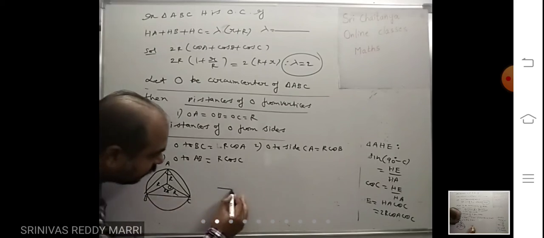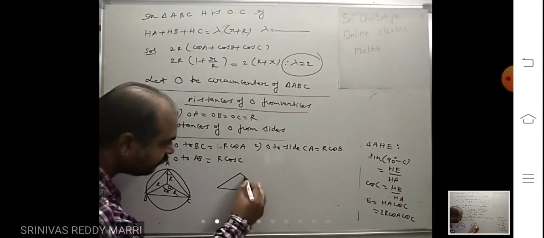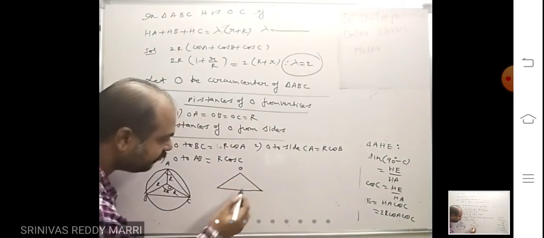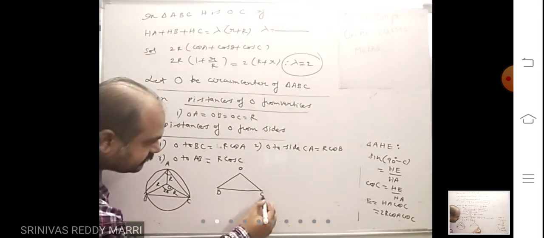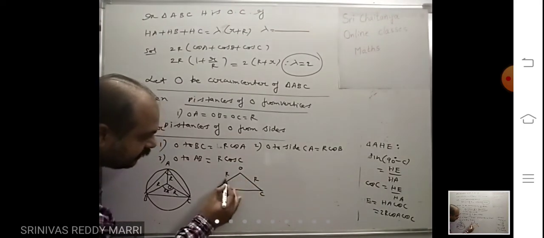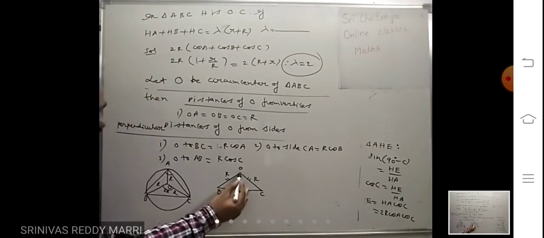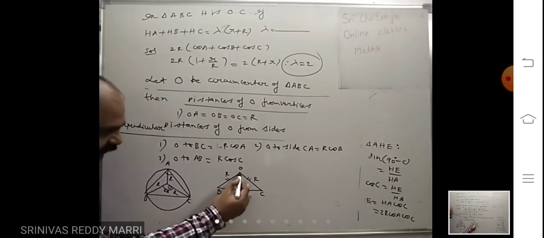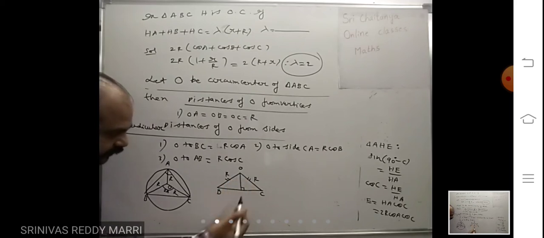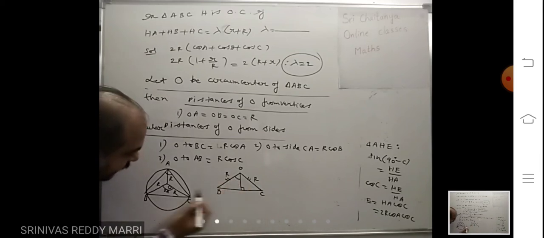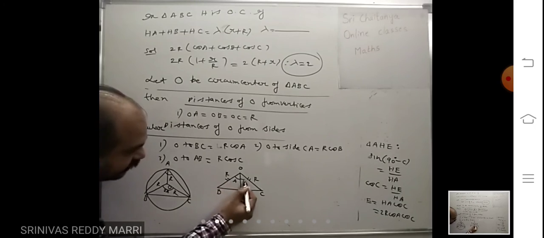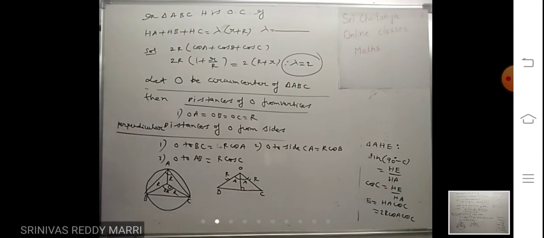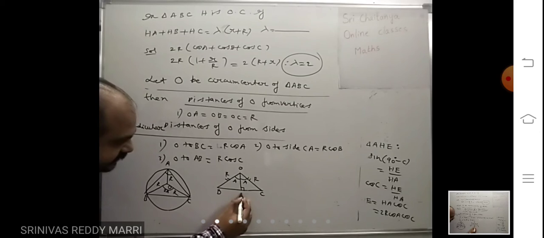Now this diagram I am drawing here. This is O, this is B, this is C. This is R and this is R, so this is an isosceles triangle. This is the center of the circle. From the center, if you drop a perpendicular on any chord, it will bisect it. Because this is an isosceles triangle, it will bisect the vertical angle also. This angle completely is 2A, so this will be A and this will be A. And it will bisect this side also. Let us say this is D.